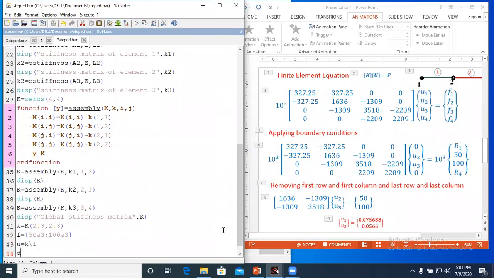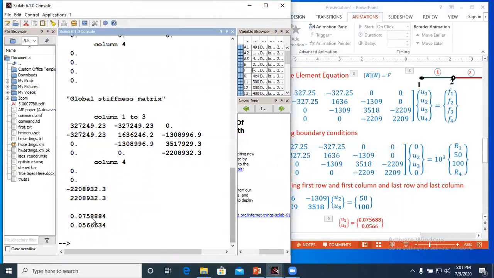Next, display nodal displacements. I will just display only U. Now you execute this and check the answer. You see these are the two nodal displacements. You compare this with this one, both values are the same.